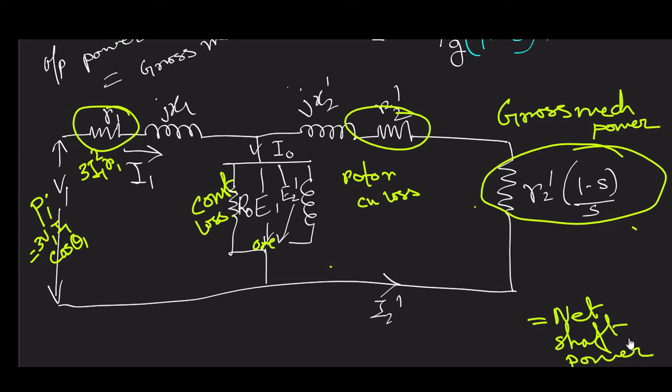loss is small when S is close to 1, but rotor mechanical loss is becoming high when the rotor speed is also high and S is close to 0. But for this S close to 0, rotor frequency becomes very small, and thereby rotor core loss becomes very small. So now if we add stator core loss, rotor core loss and mechanical losses together,